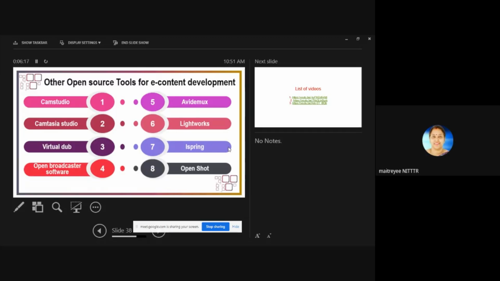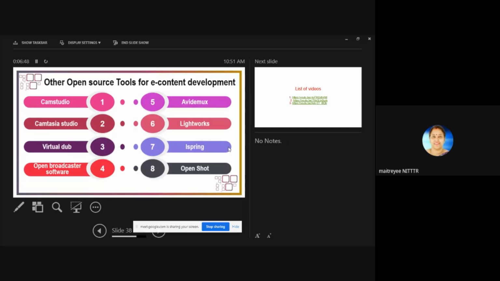It is connected with your PowerPoint, right? iSpring is generally used for quizzes as well as other purposes. Whenever you download iSpring, it will be connected with your PowerPoint. For example, whenever you download the mathematical equation editor, it is automatically connected with Microsoft Word.